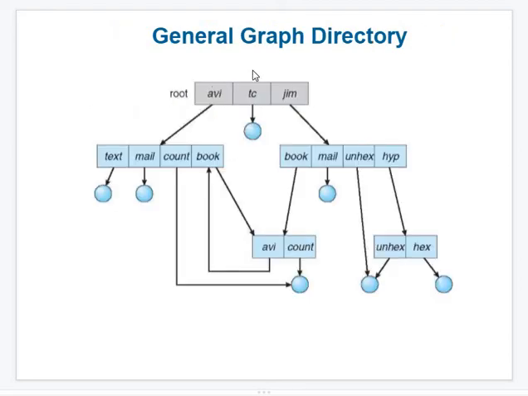See here, this file is there, let's assume a part of the file is locked using a write lock. Write lock means if via this path I try to read, that will not happen, because he has applied a write. So write lock means he is writing. If I read now, I will get old data. So let's wait. After some time, if I read, I will get updated data. So that is also possible in a general graph directory. That's why this method is very popular.